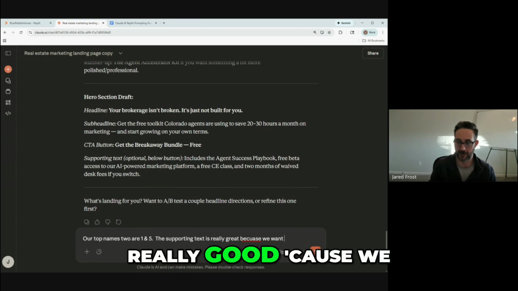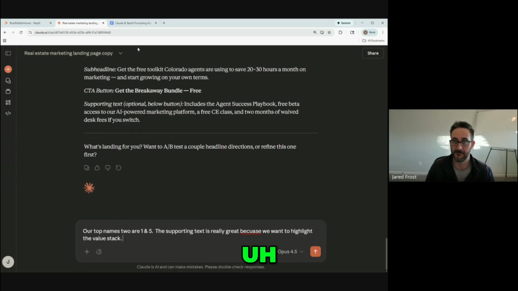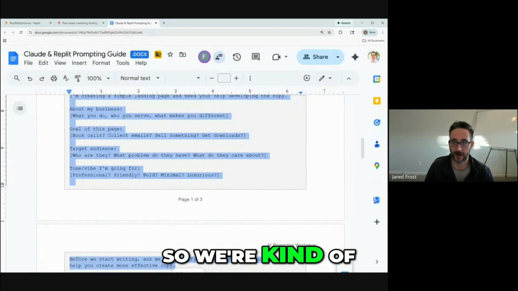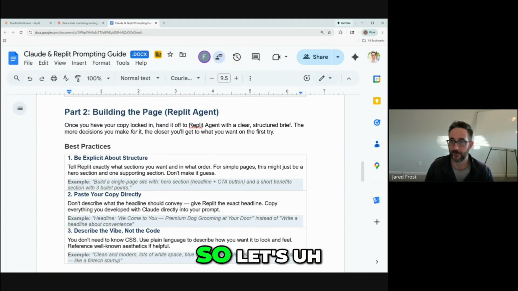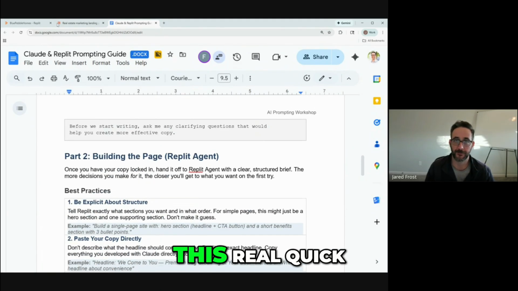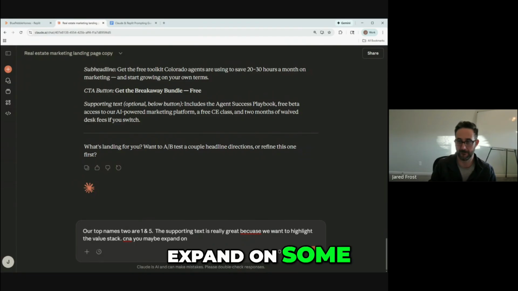Okay, so the point that's really great is that we want to highlight the value stack. I'm just going to go back to our prompt here. We're kind of through this process, right? Now we're going to be building the page. So we're just going to do this real quick. Can you maybe expand on some